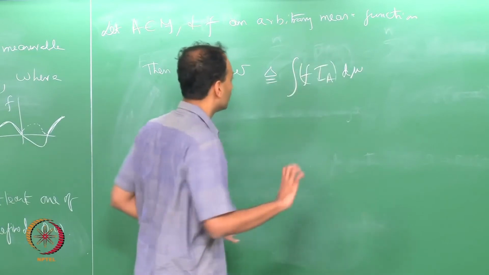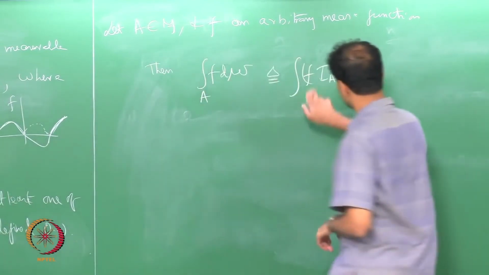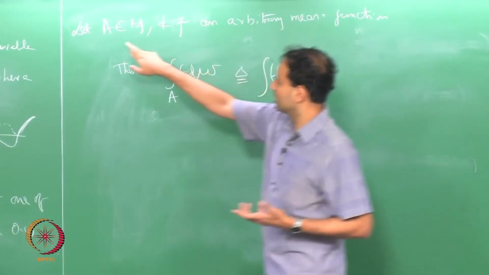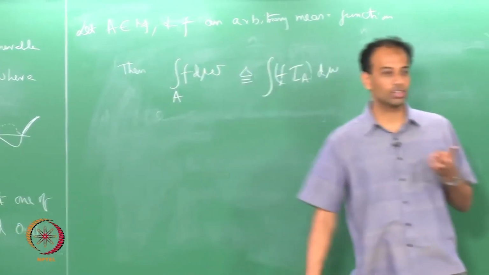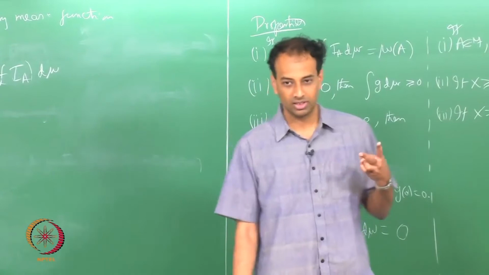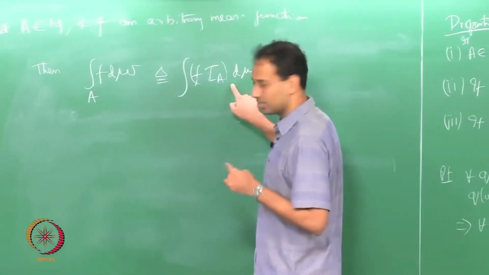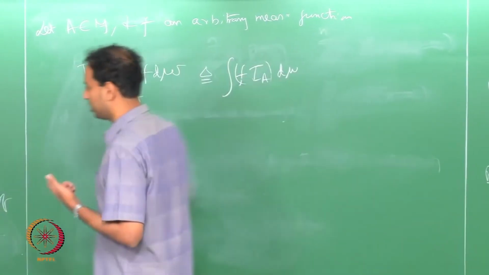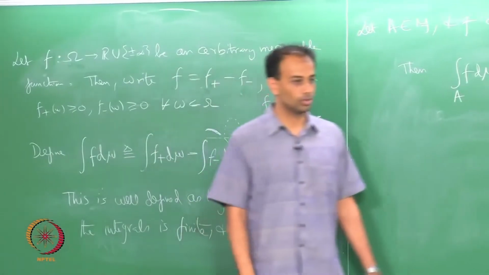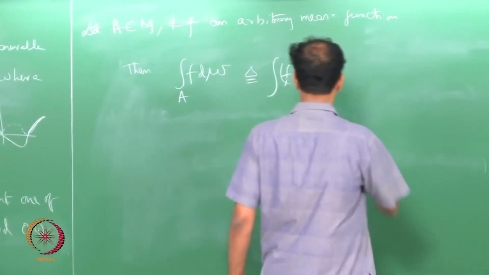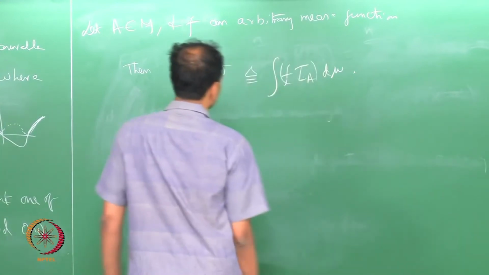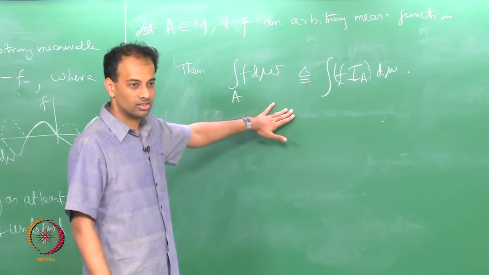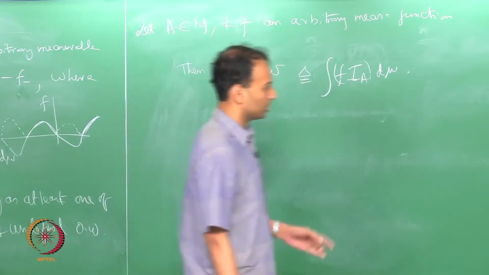This is the definition, and this is well defined because f is a measurable function, I_A is the indicator of an event, so I_A is a measurable function, and you can show that the product of two measurable functions is always a measurable function. So, the integrand inside the parenthesis is a measurable function and you know how to talk about the integral of a measurable function d mu, no problem. So far everybody fine with the definition? Now we can proceed with some more properties.